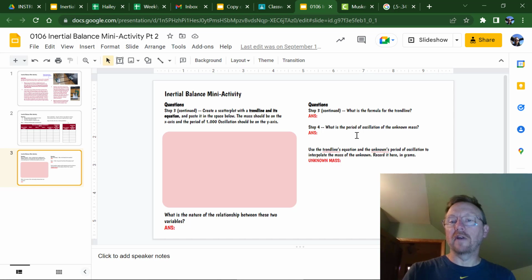Step 4, what's the period of oscillation for the unknown mass? I just gave it to you. It's 0.500 seconds. And then last, can you do the calculations for your own equation with that unknown mass to be able to figure out what the mass should be? Anyway, at the end of this space right here, you should have a number in grams that makes sense. For me, 194 grams makes sense